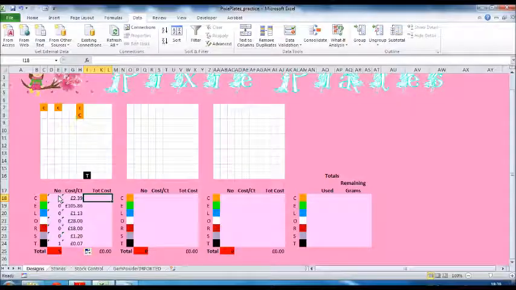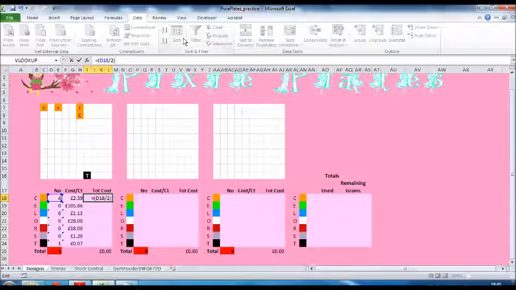Therefore, if we are counting stones up here, if we've got 4 stones, they equal half a carat each, so that would essentially be 2 carats. And then we've got the cost per carat in cell F18. So the formula for the cost of my stones is going to be the number of stones divided by 2, because it's half a carat, and I'll put that in brackets so that calculation is performed first,